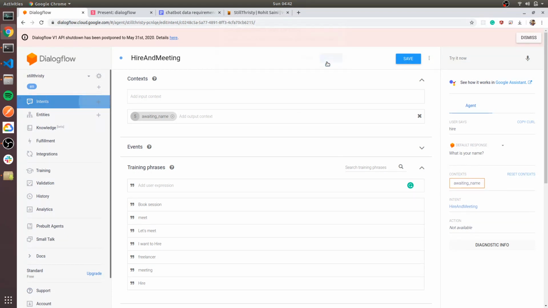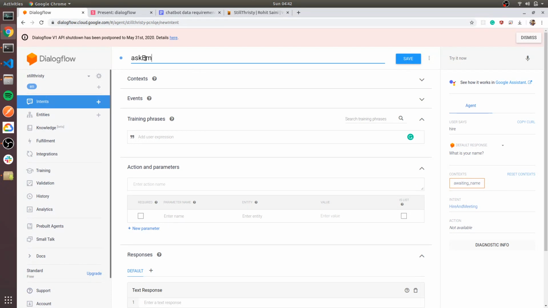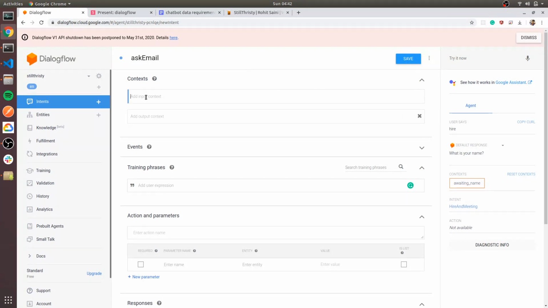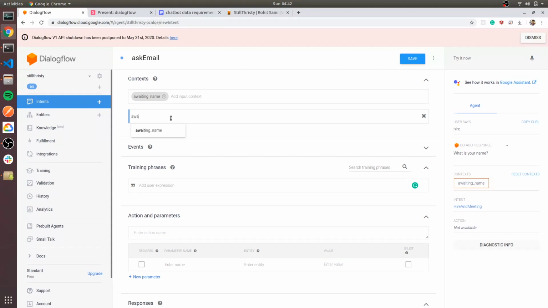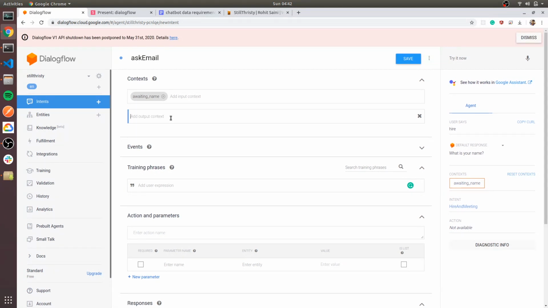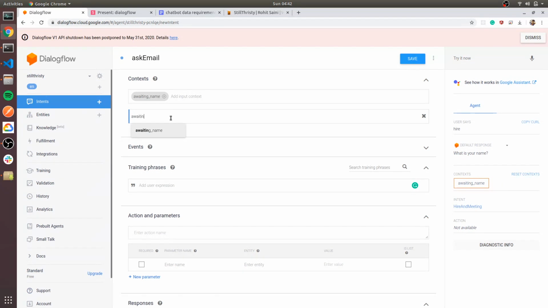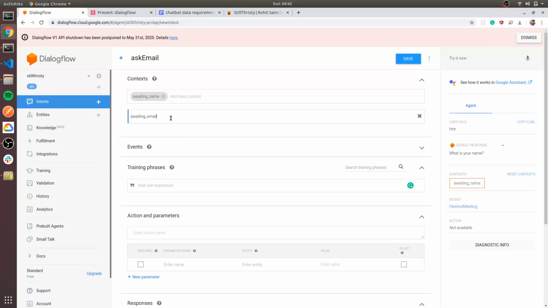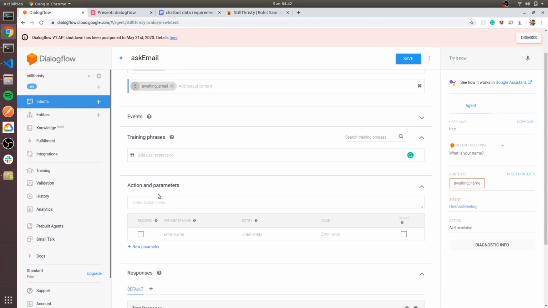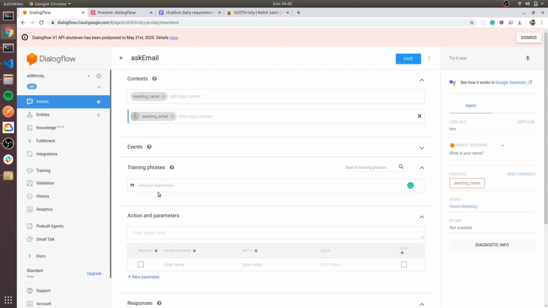Let's create one more intent: ask email. Input context will be awaiting name and output context will be awaiting email. So it is in the input context of awaiting name.